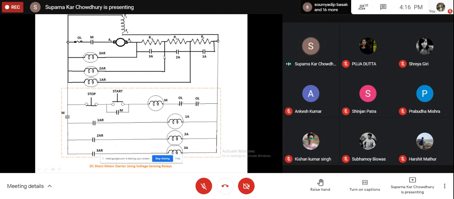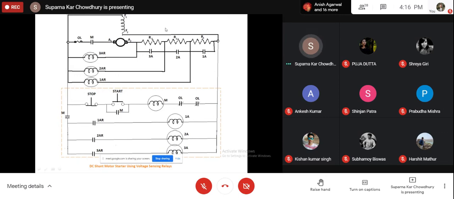Now this relay is reading the back EMF plus the drop in this resistance. Initially when the resistance is cut off, the current will shoot up,